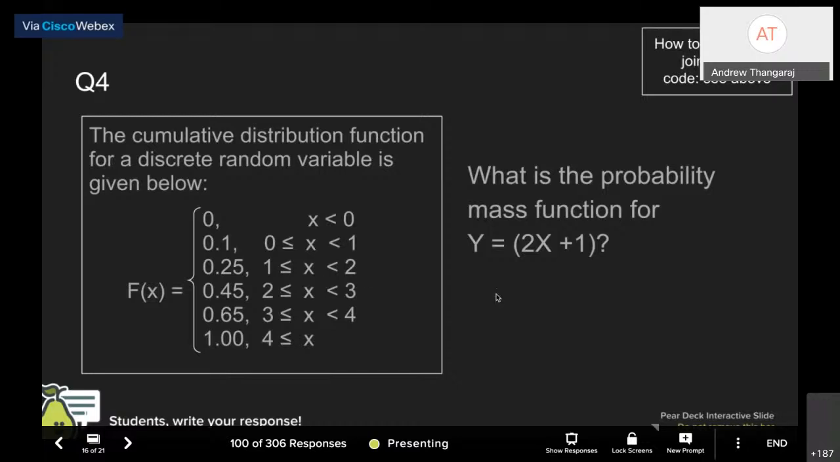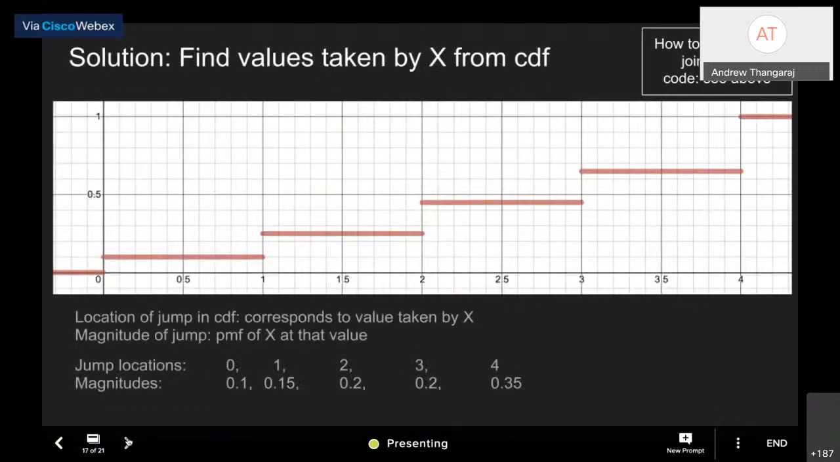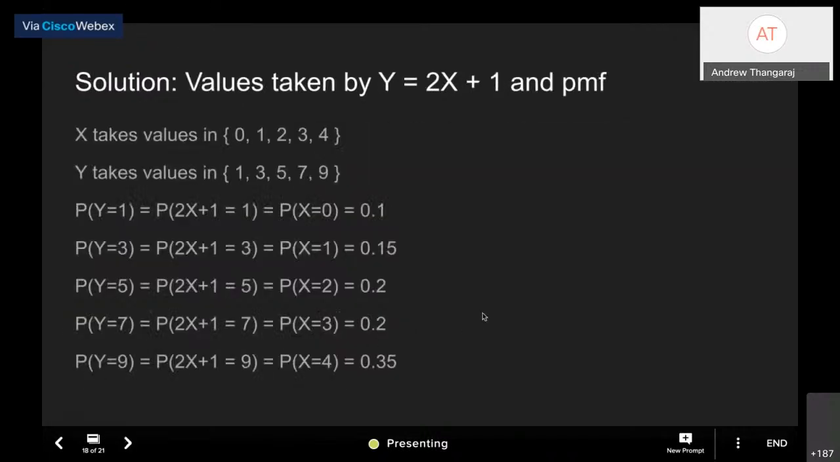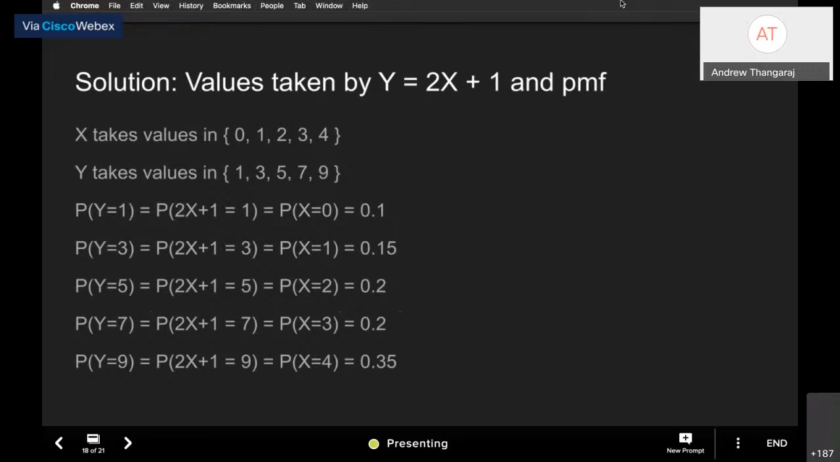So maybe people who didn't do it were not introduced to this method of going from CDF to PMF and working with that. That's okay. So that should help you. Okay, so those are the problems that I wanted to show you from the graded assignments, and there's about 20